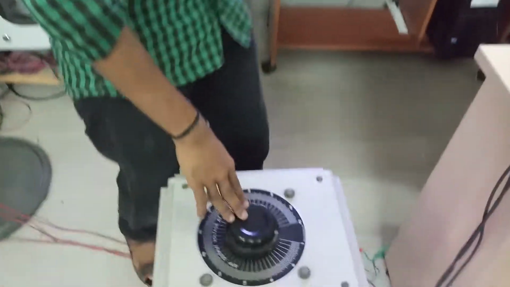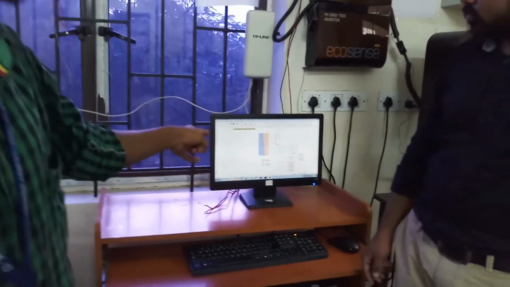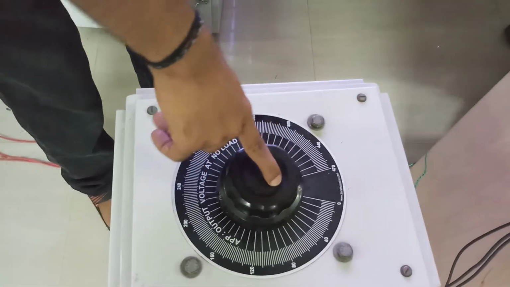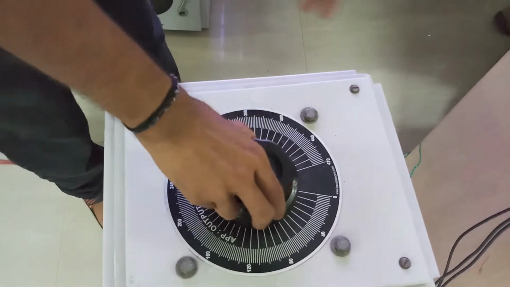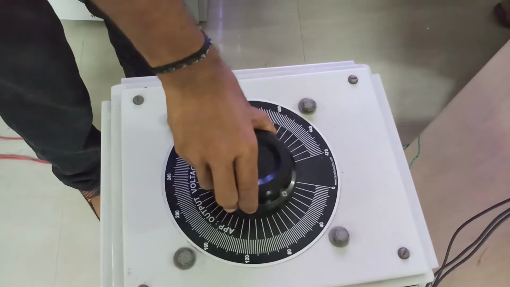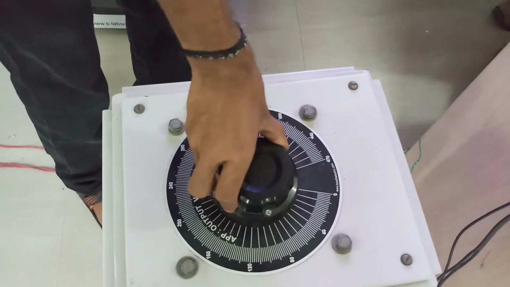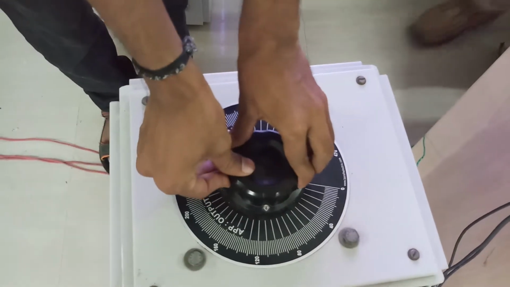Then we can discuss the operation of V/F control of a 3-phase induction motor. Already the 1500 rated speed is set in the console block. Next we are setting the input supply for the 3-phase induction motor up to 440 rated voltage. We are varying the input voltage up to 440. Check the motor.